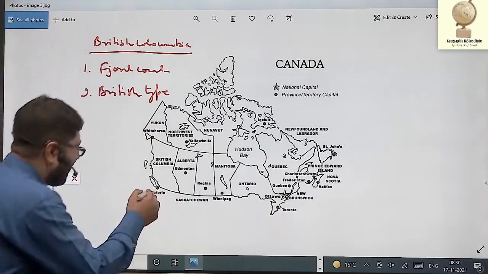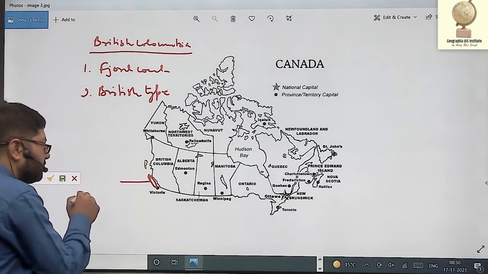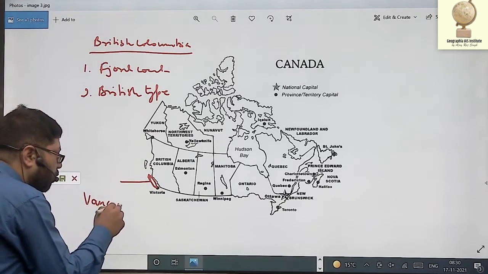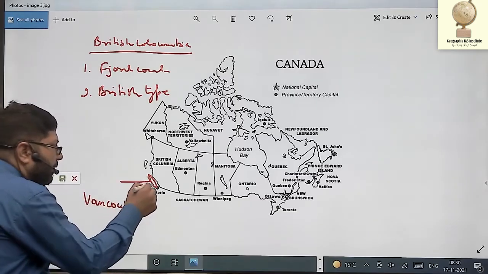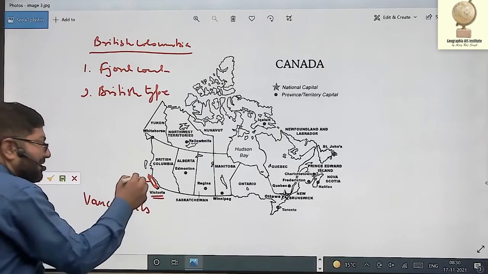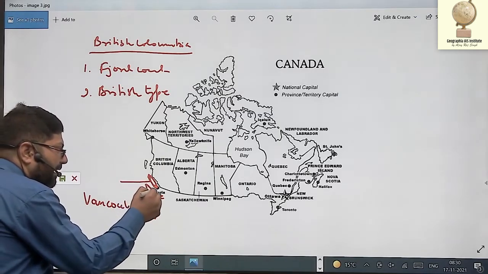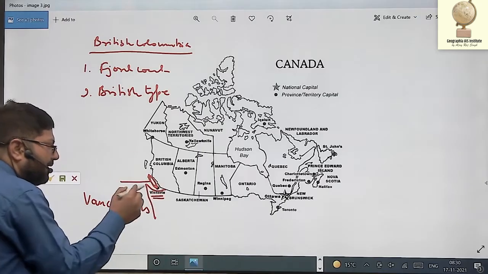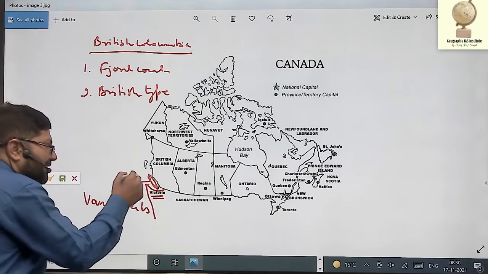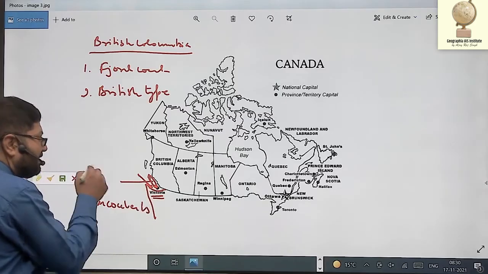See, there's an island over here known as Vancouver Island. This island is known as Vancouver Island, where the capital of British Columbia, that is Victoria, is located. Capital of British Columbia. This island is in the north. It is separated from mainland Canada. In the west also it is separated. This strait that separates this Vancouver Island from USA is known as